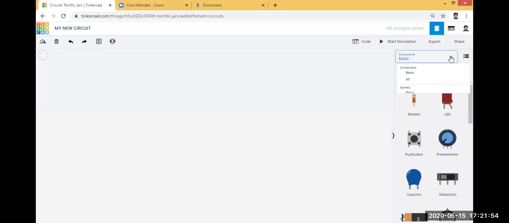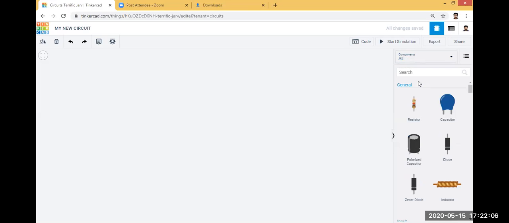Here on the right side, you can see components, then basic components or all components. When you click all components, you can see the components in Tinkercad are divided into different sections.